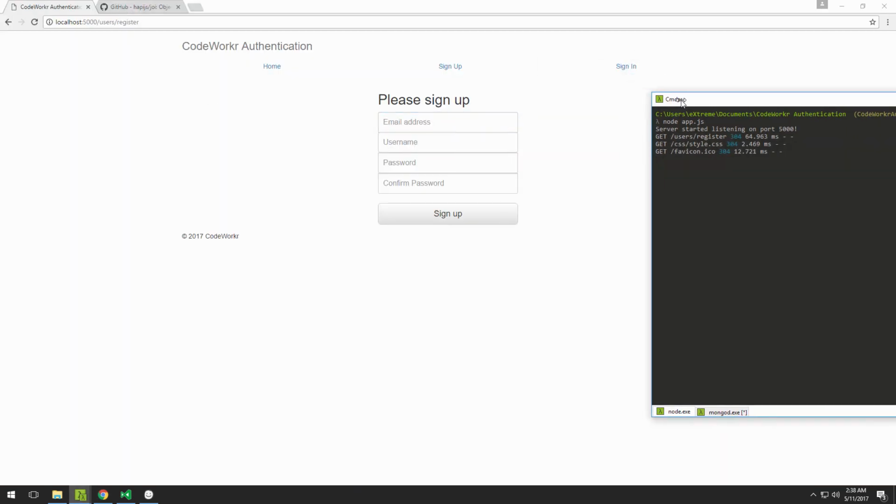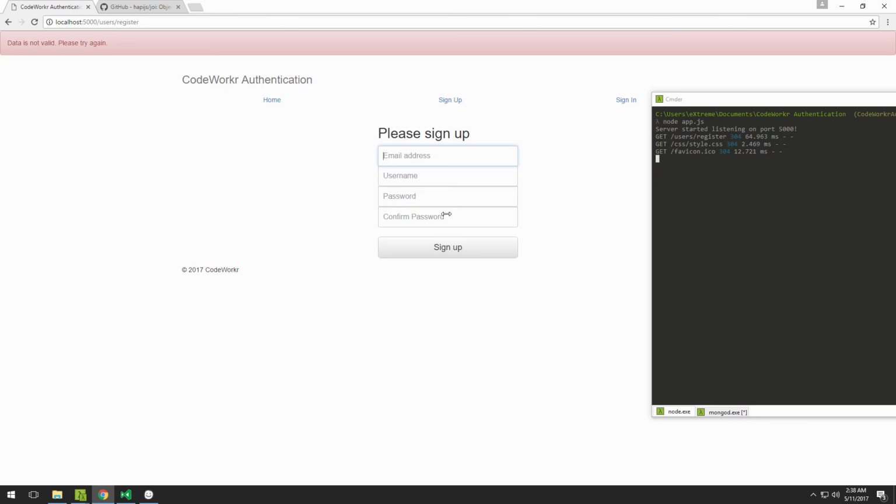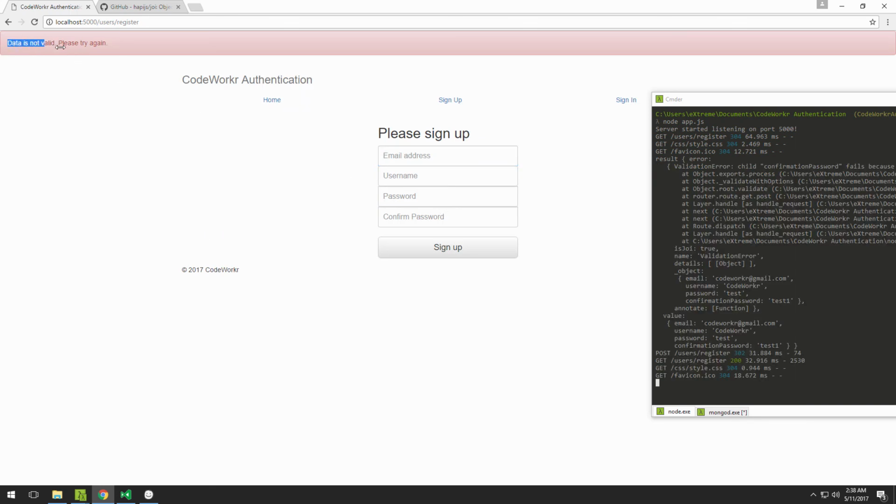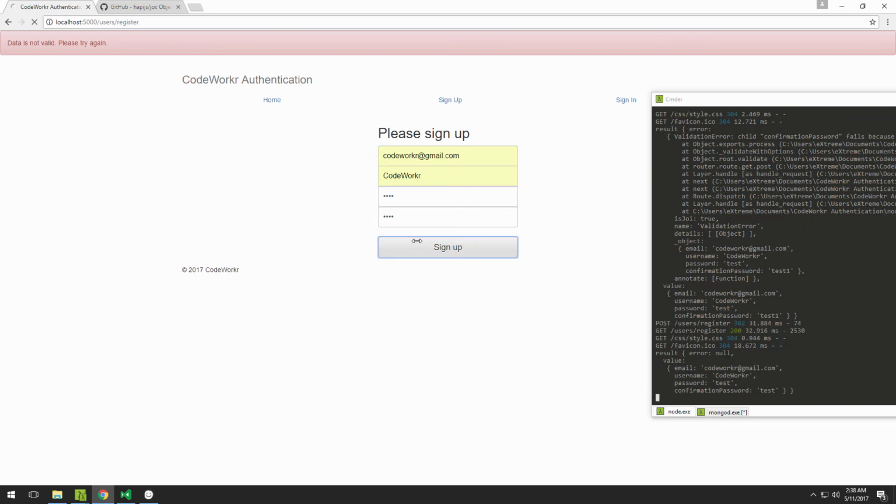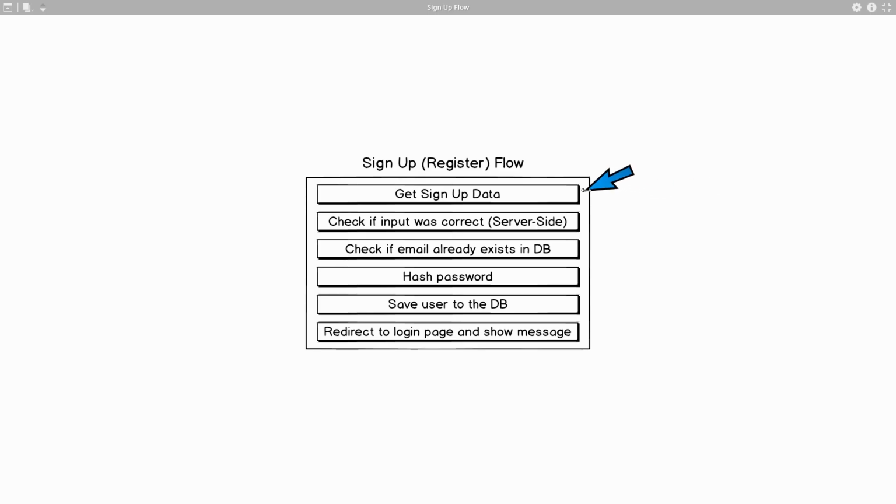Okay, so now we have this sign up. Let me try to mess up something on purpose once again. So test and test1, and you see this error, data is not valid, please try again. If I don't mess anything up, nothing should happen. Yeah, okay. So right now we've done these two tasks,